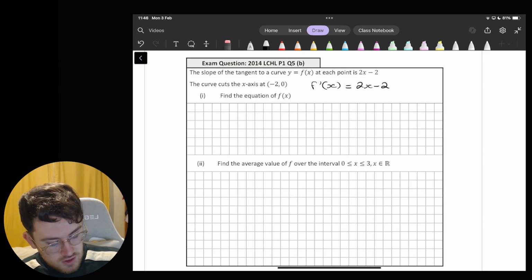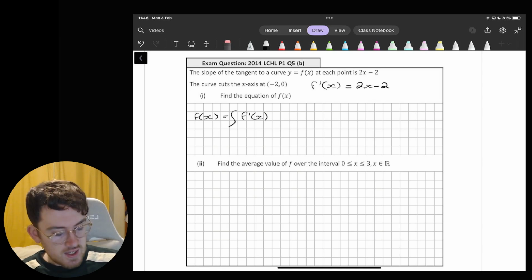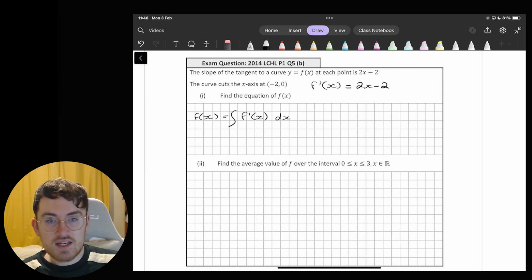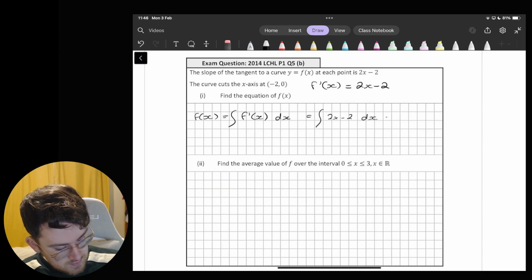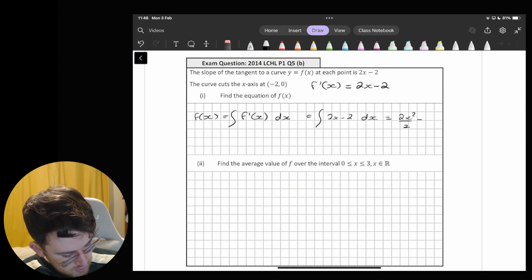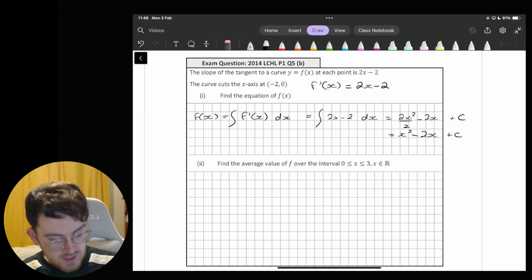Find the original curve. Well, we should hopefully know, since it's the main definition of integration, that the original function is the integral of the derivative function. So we need to integrate 2x minus 2 dx to get 2x squared over 2 minus 2x plus c, because we aren't given any bounds on the integral,